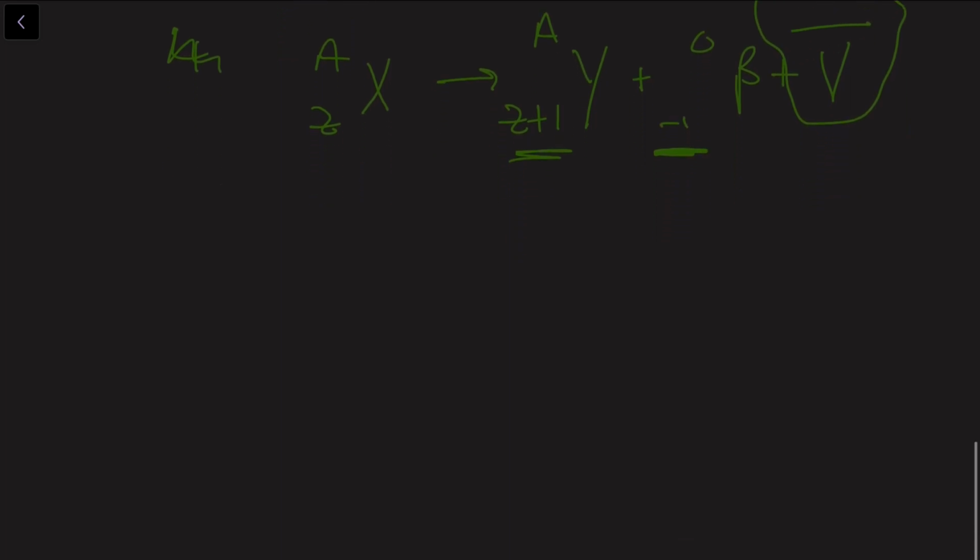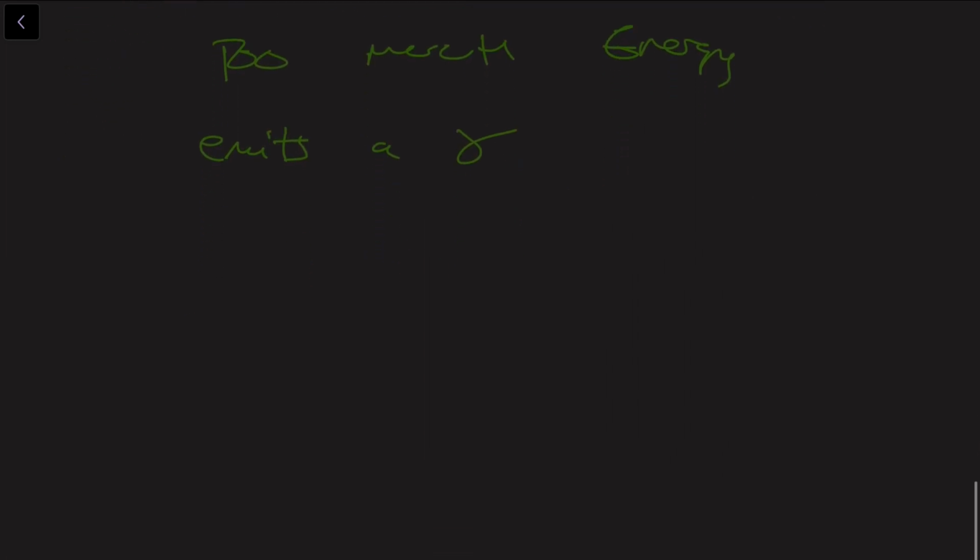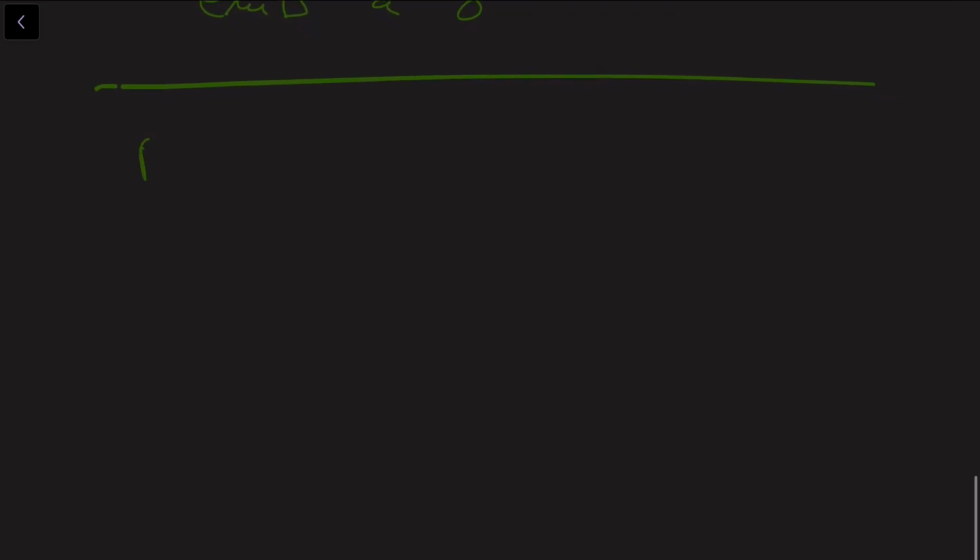And then gamma radiation is probably something you're all very familiar with. And basically, when there's too much energy, it just emits a photon. So the atom emits a photon like that. Okay, so you need to know the ranges for them. So ranges,